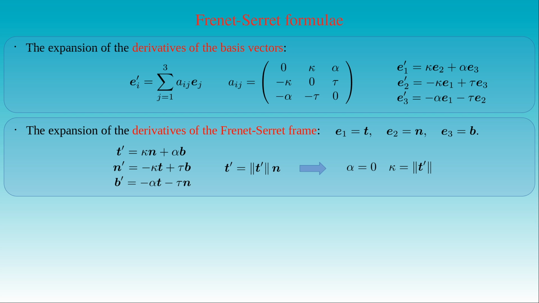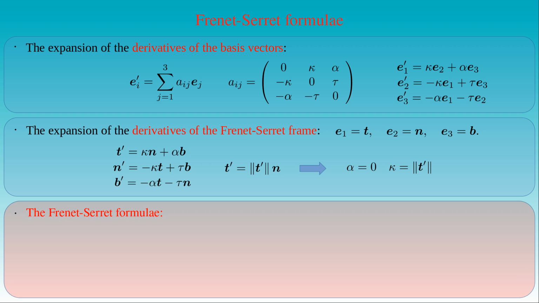As a result, we can reduce these equations into a set of equations, which is called the Frenet-Serret formulae. Namely, the first formula just tells that the derivative of the tangent t along a curve with respect to the arc length is equal to kappa times the normal vector n of the curve. The second Frenet-Serret formula expresses the derivative of the normal vector n along the curve with respect to the arc length, as minus kappa times the tangent t, plus tau times the binormal vector b. The third formula states that the derivative of the binormal vector b is simply minus tau times the normal vector